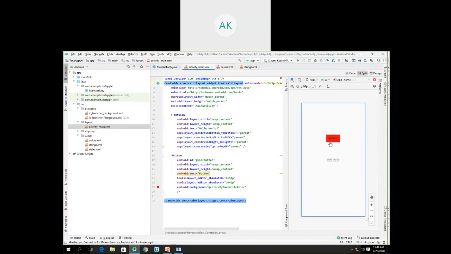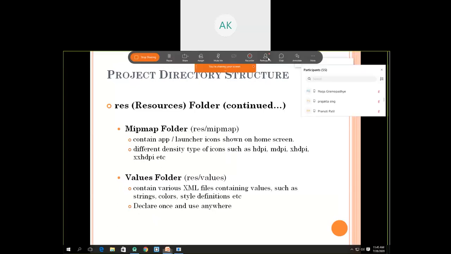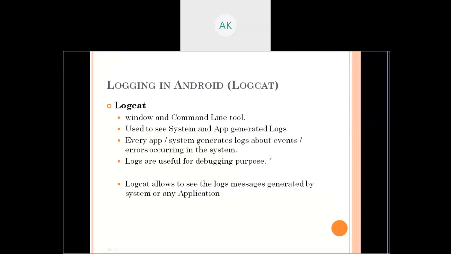So this is the exact meaning of the values folder. It basically consists of some constant values that you are going to refer to somewhere else. Okay, so it follows the philosophy of declare once and use it anywhere. Rather than creating multiple replicas of the same data, you can use a single copy of the data and use it multiple times or at multiple locations. I think this particular values folder is clear to you. Of course we are going to use it afterwards, but I think for now this is clear to you.